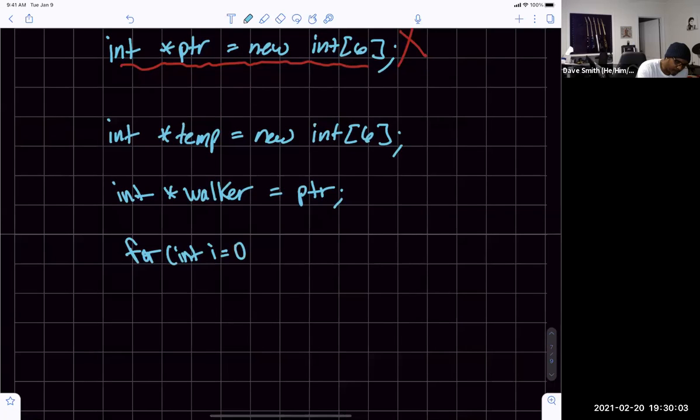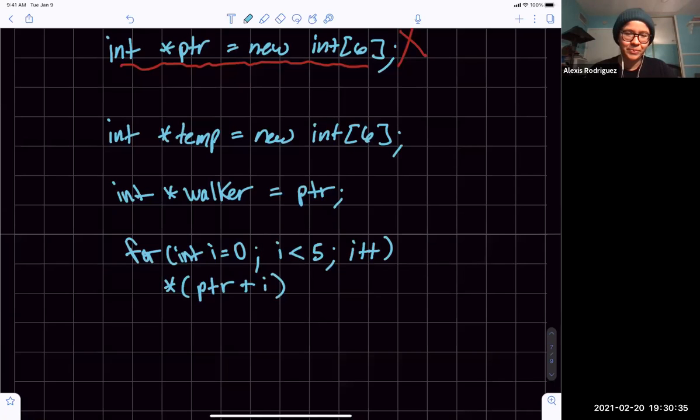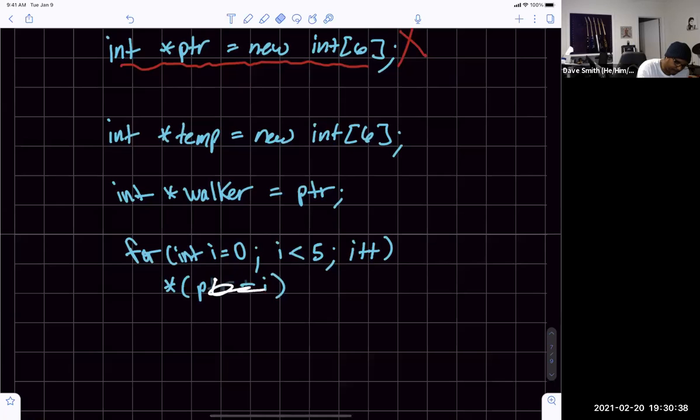Yeah, so you're absolutely right. We probably don't actually even really need this walker. But what we want to do is say int i is equal to 0, while i is less than the original size of our old one, which was 5, and then i plus plus. And then we simply just want to copy it over. We're going to do our ugly way of doing it. We're going to say star PTR plus i. Wouldn't that mean temp? Oh, you're absolutely correct. Yes, temp plus i